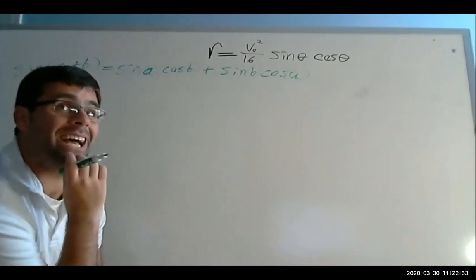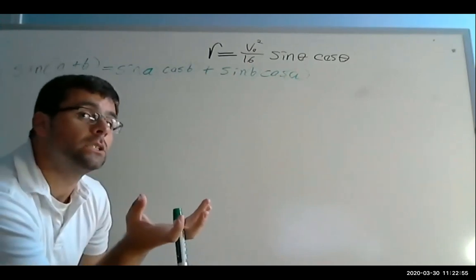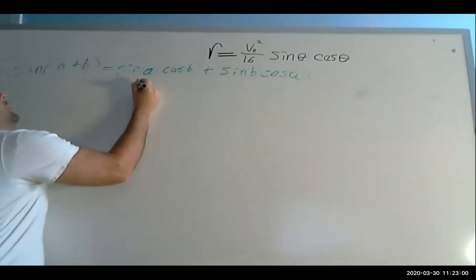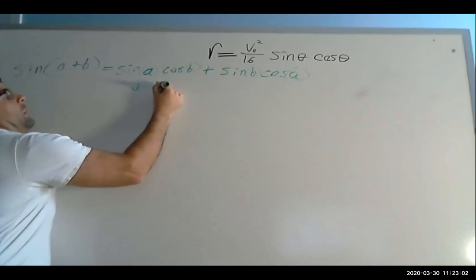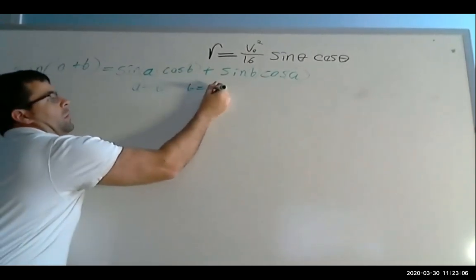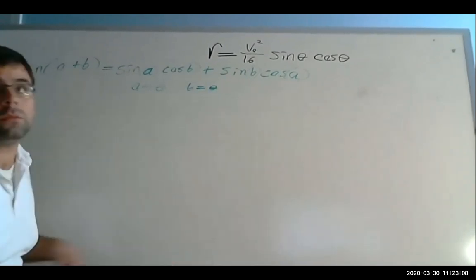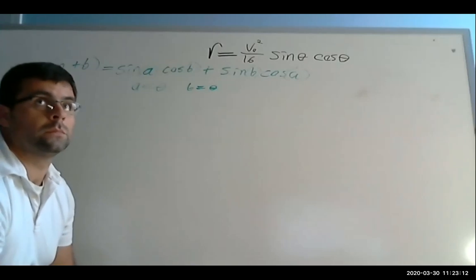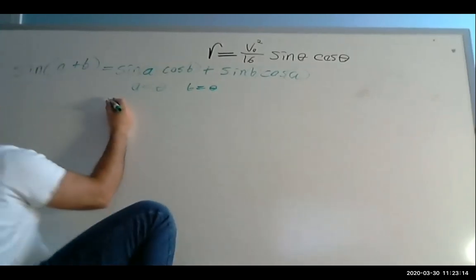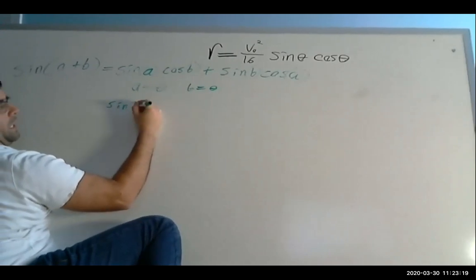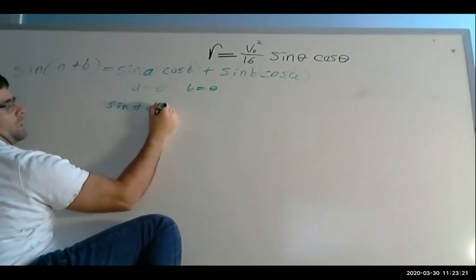The equation says sine of what? Theta. What does B equal? Theta. So sine theta cosine theta